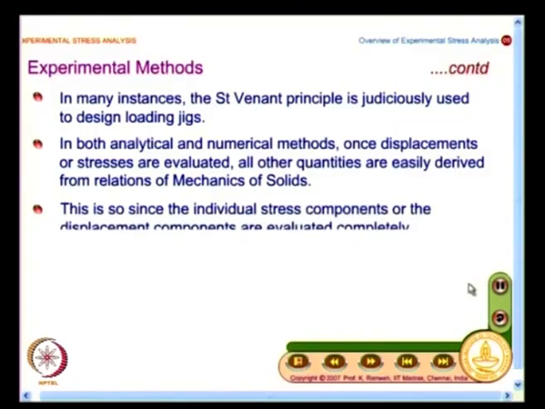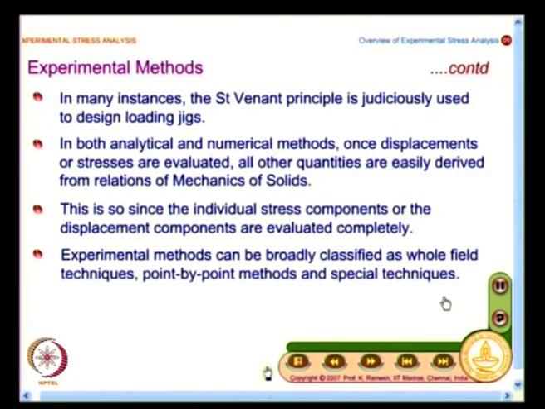So, once I find the stress components, I can find the strain and the displacements, in both analytical and numerical methods. This is primarily because I know all the stress components by an analytical method, then I proceed. In a numerical method also, when I solve, I get all the stress components evaluated, then I go for strain and displacement, which is not the case in experimental technique,